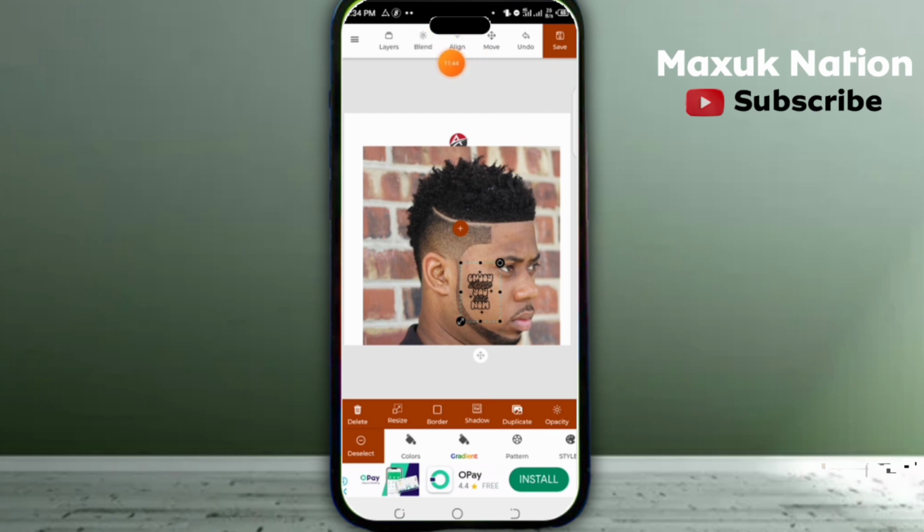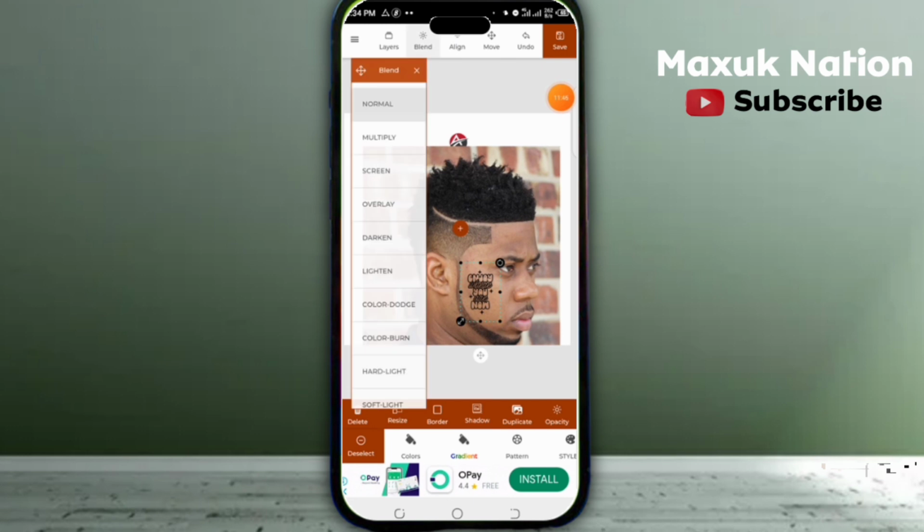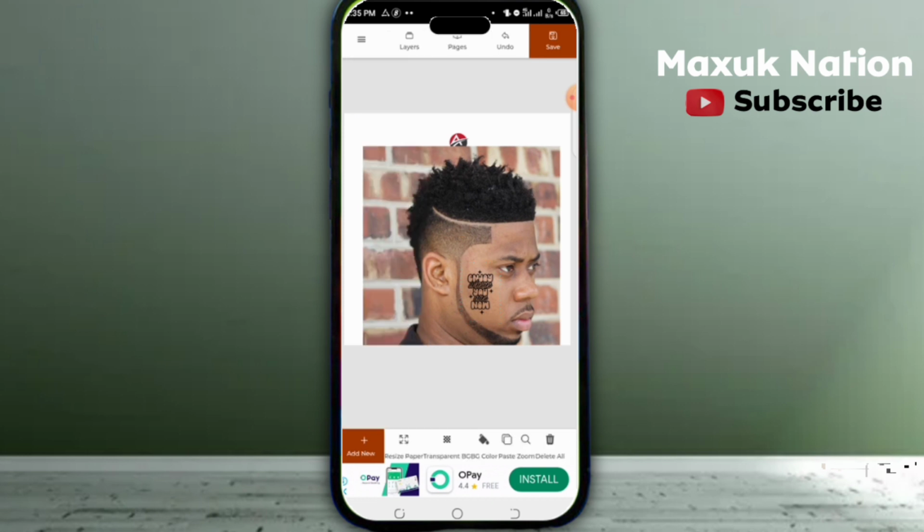So to blend, you see this Pixel Lab doesn't have this, okay, and you can use this to do your mockup. You can use this to do a lot of things. So we have here normal, multiply, screen, overlay, darken, lighten, color dodge, color burn, add, a lot of them, okay, saturation. So if you use screen, if you use multiply, so simply add it. So let me show you one thing, especially